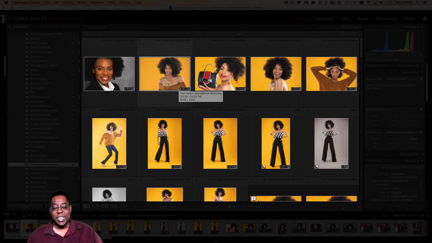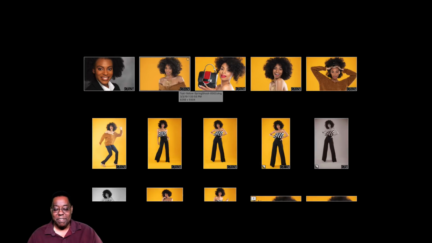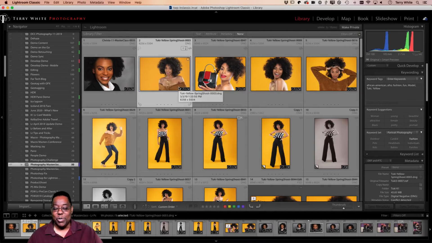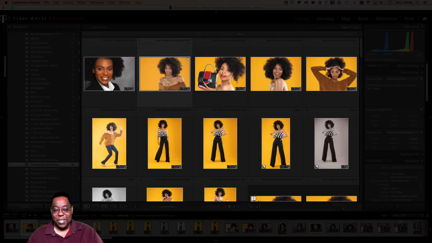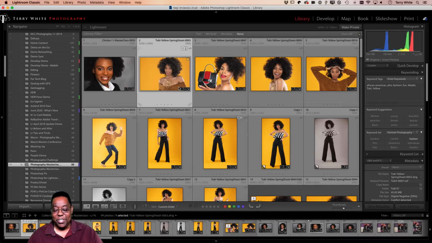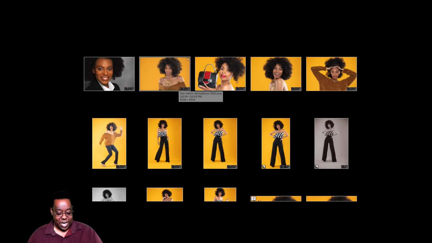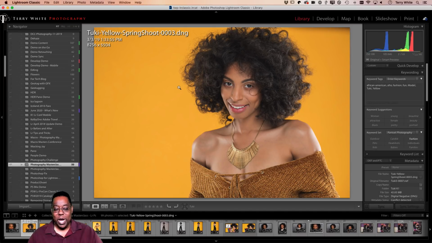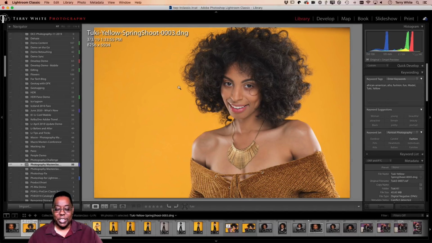Simply hitting the letter L will dim your interface down. Hitting the letter L for lights again will turn them off. And hitting the letter L again will turn them back on. I'm having one of those mornings technology-wise. But L is for narrowing down and looking at your photo and nothing else. That way you get to hide all the distractions around your photo, all the interface of Lightroom, and just concentrate on your photo.